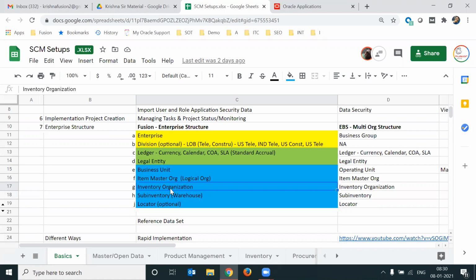Suppose, let us take Tech Leads. Tech Leads, we cannot call our places plants or branches. We can call them branches at least, but plants we cannot. We call Tech Leads places institutes. I have an institute in Hyderabad. I have an institute in Bangalore and Chennai. That means how many inventory organizations do I have? 3 inventory organizations I have.